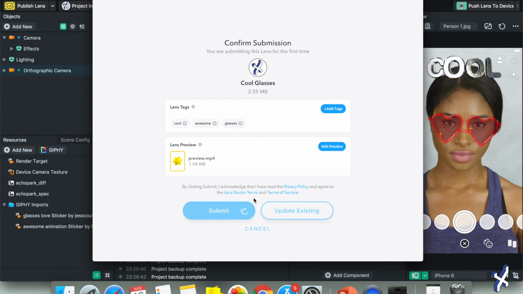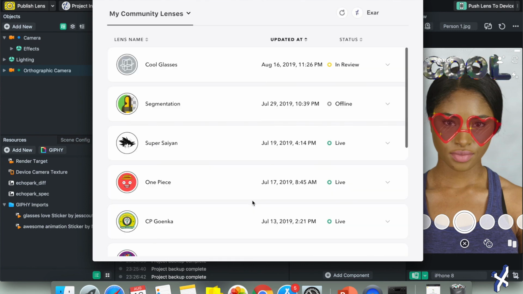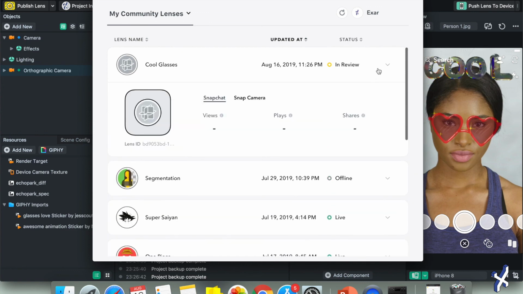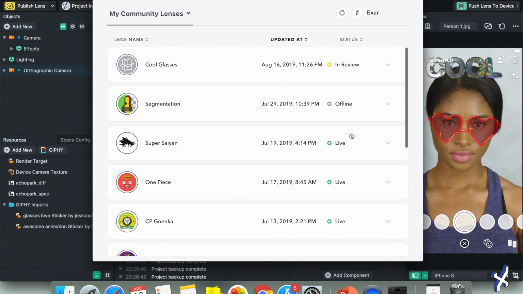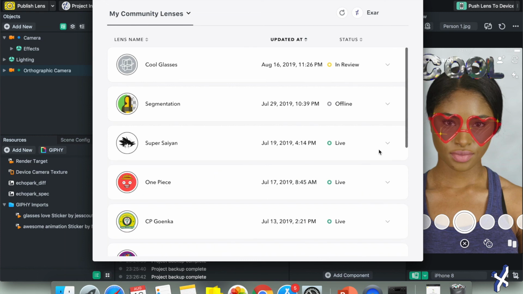So I'm going to wait for a second because this is my first time publishing a lens today, so I'm going to just look for it. You can see I've actually created plenty of lenses over here for the past year and a few months, I think more like 15 months now. So it's in review. Since it's in review, you will never be able to see the snap code or anything like this. For example, you can actually see the snap code over here. You can see the views, the plays, the shares, and all those things, but you can't see these whenever it's in review. But let me see, if I refresh,